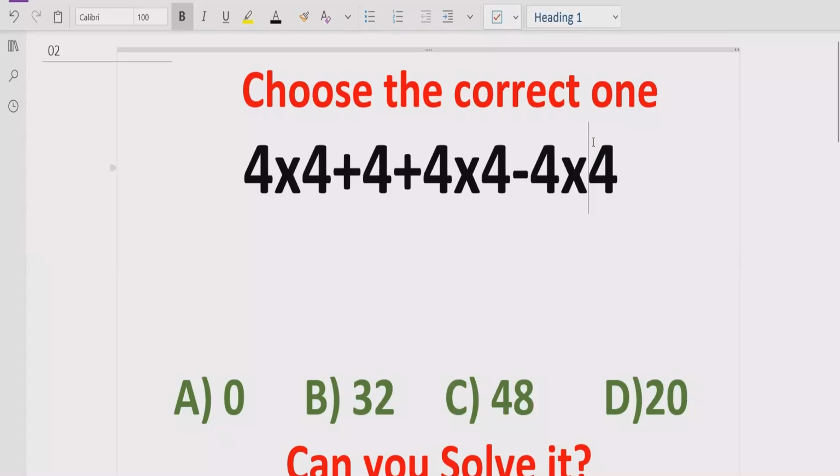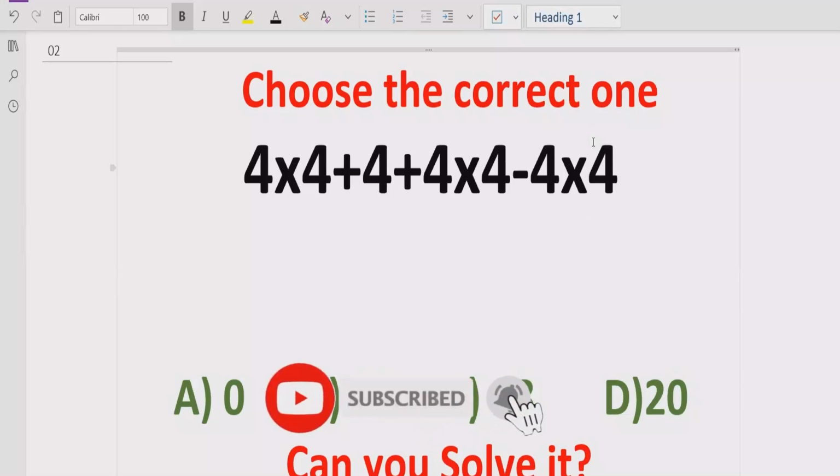Today we will solve another quiz which is related to arithmetic expression. It is a very different quiz. Basically, we have a number which is 4, which is repeated with multiple signs. Like here we have the basic operations: addition, subtraction, and multiplication. And here we have some pattern which is repetition of the number 4 with different or same operations. So now we have to find out which answer is correct after solving it.